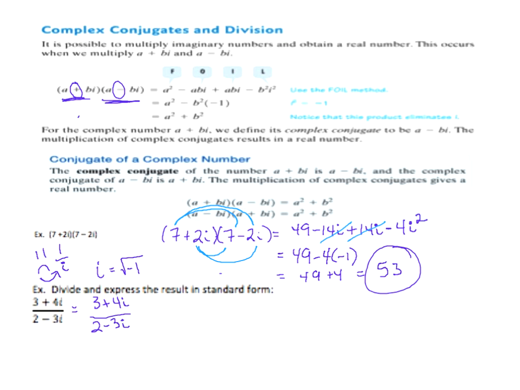So what I do is I multiply this expression by a clever form of 1, 2 plus 3i over 2 plus 3i. That's just 1. Anything divided by itself is 1. So I'm multiplying my purple fraction here by 1 in green there. And here's what I get. I'm going to write out what I'm going to do before I do it to avoid confusion. I have 3 plus 4i